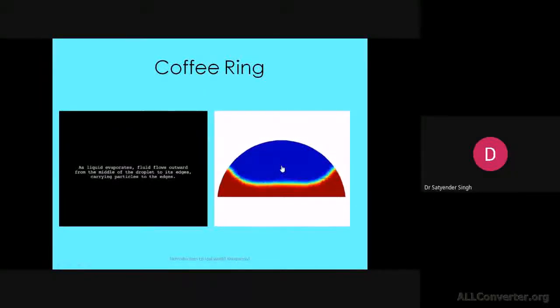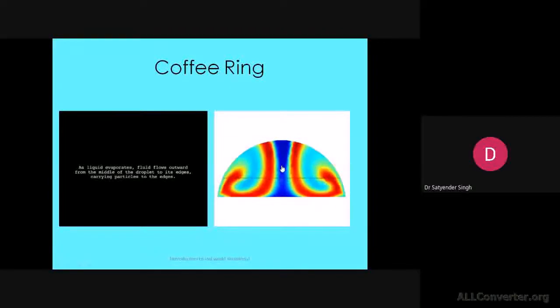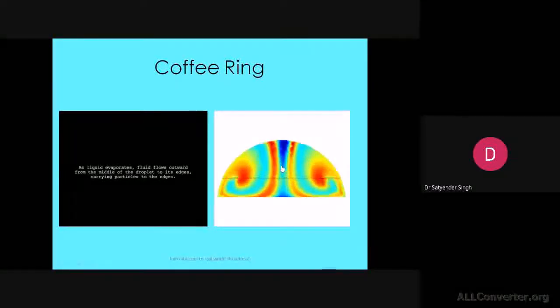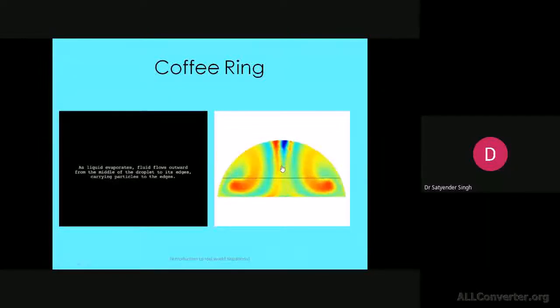And let's see, this is again the animation of the droplet evaporating. We can see how different colors are introduced in the animation, and we can guess from there that the majority of the molecules may be circulating where we have the high contours or the high intensity of color. So it is representing some agitation of the molecules, and some circulation takes place inside. Because of this we have such a coffee ring effect: as the liquid evaporates, fluid flows outwards from the middle of the droplet to its edges and carries particles to the edges.